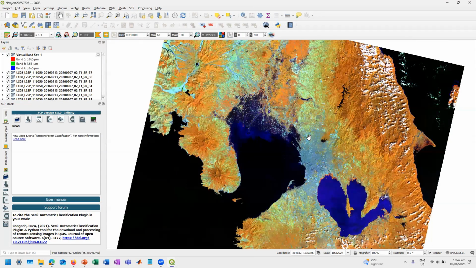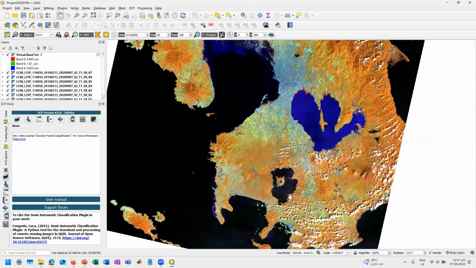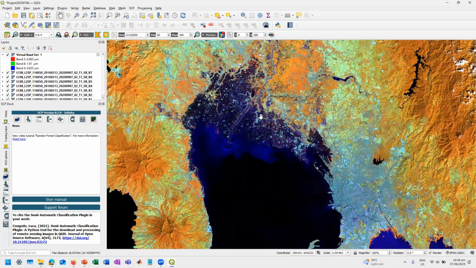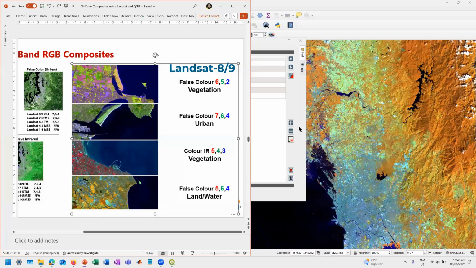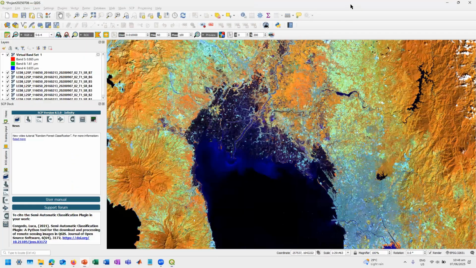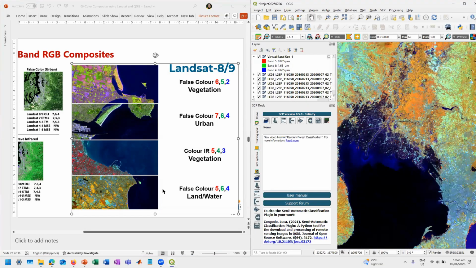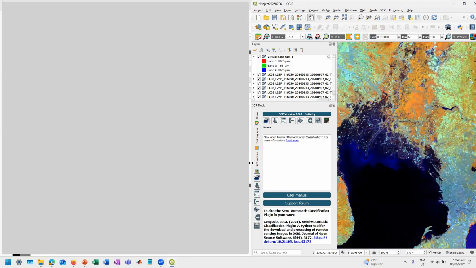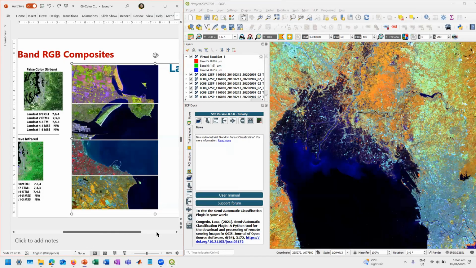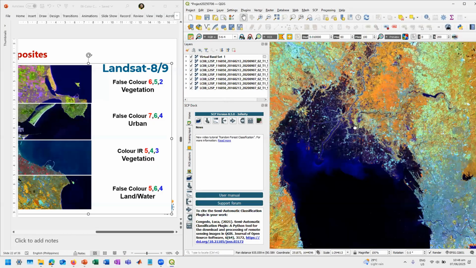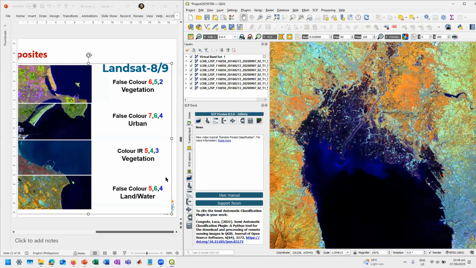Okay, so you will notice here, for example, now let's look at this one. 564, as mentioned here, is land water. Okay, can you see my screen? Full screen tayo, ah. Okay, so this is 564, land water.